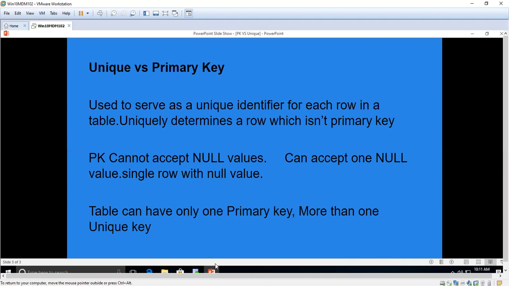In an interview, they will ask what is the difference between the unique key and primary key. You just tell about the primary key first, what is primary key. And sometimes if they ask syntax also, you can tell. And normally those who have 1 to 1.5 years of experience will face this type of question. Okay. So it will be useful for the interview if they go through this video.